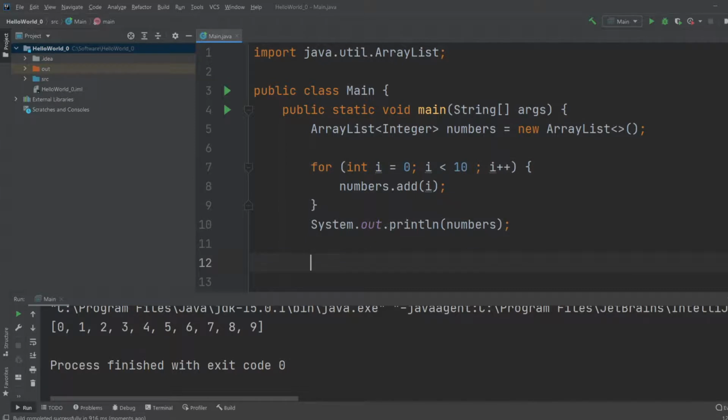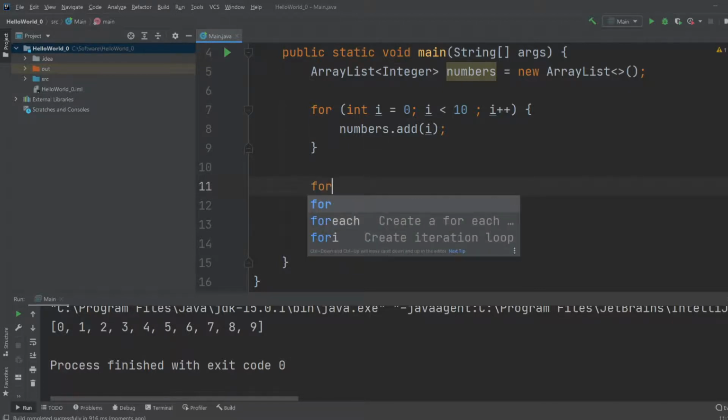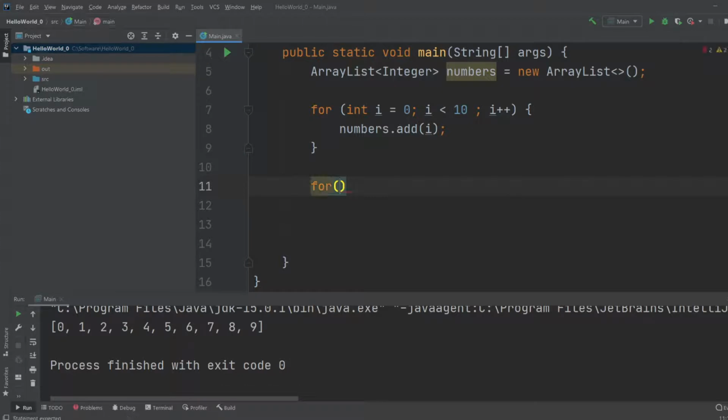For each loop, you need an array list first. So we need this array list first to actually use our for each loop at all. Because our for each loop would just go through an array and then for each index which contains a number, do something. So it works going for, we would first do our type. So what type is in this array? It is integers. We're going to give it a variable name, number,